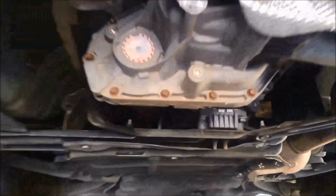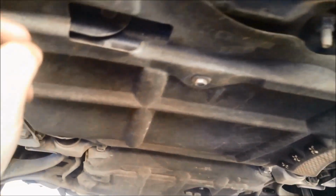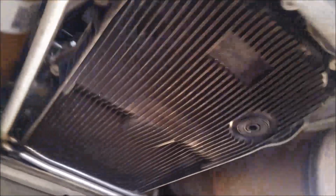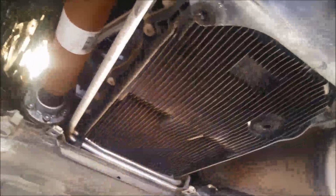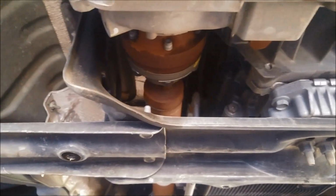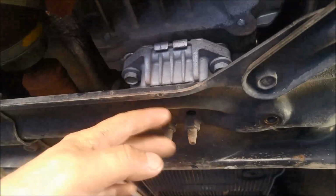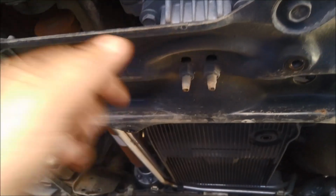So I've just got to pop off this plastic stone guard here, and with the stone guard off you can see the transmission pan. The problem with getting these plastic pans off is this cross member that comes across the front there. What makes it a little bit easier is taking these bolts off the cross member